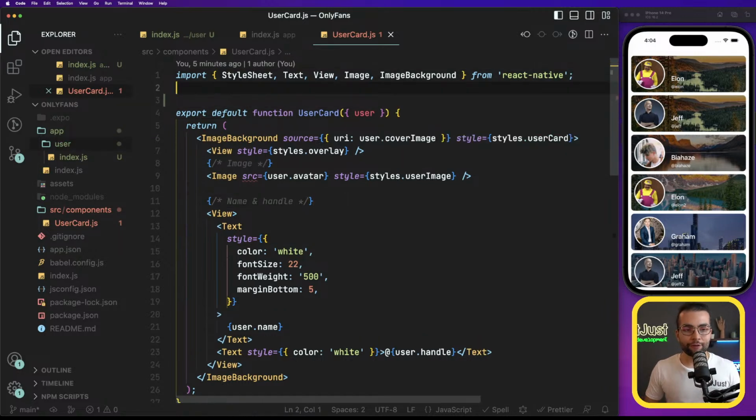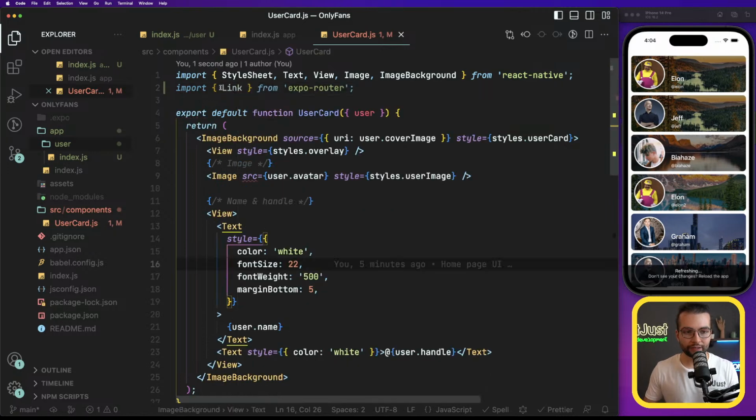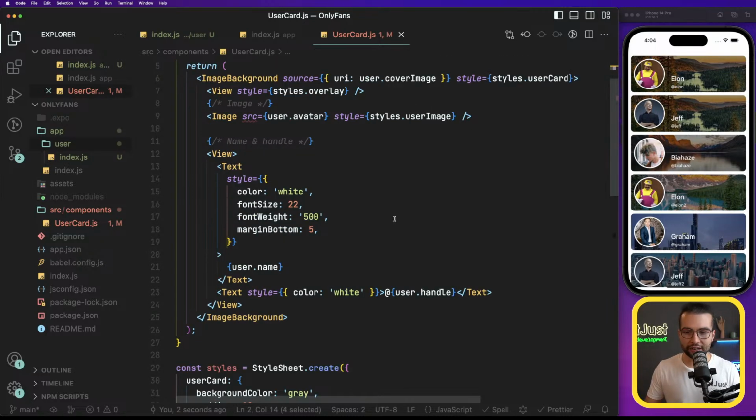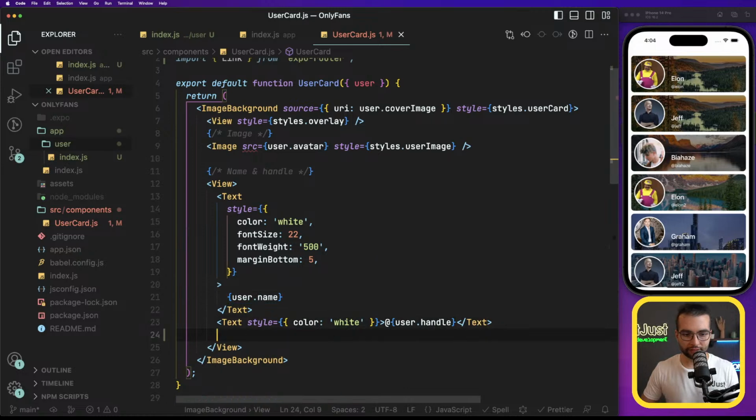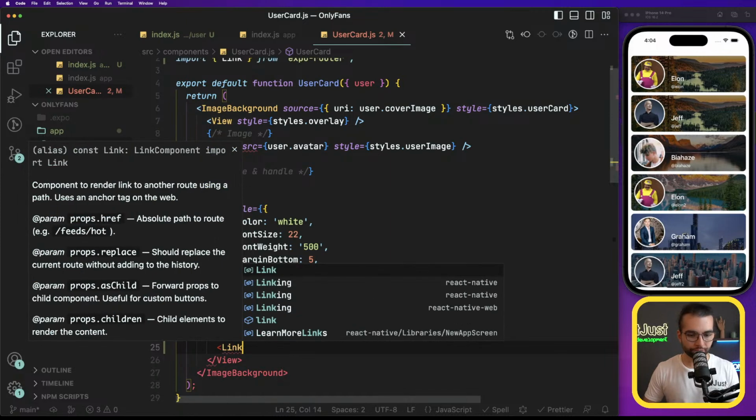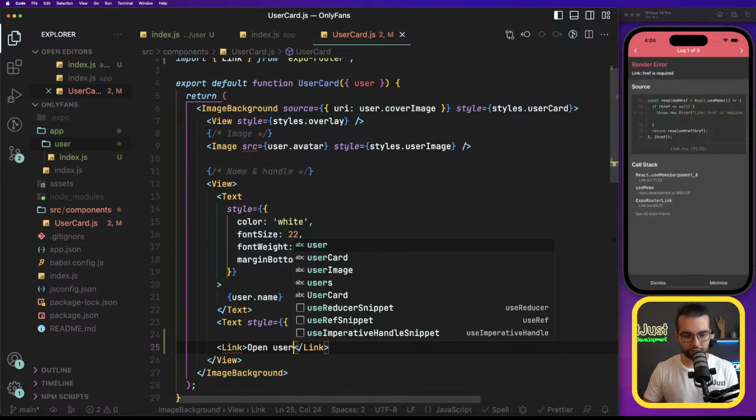To implement this linking, we need a component called link from Expo router. The easiest way I can explain how this link works is if we start by implementing it on top of a text. So for example, let's do somewhere here. If I render a link with text open user page,